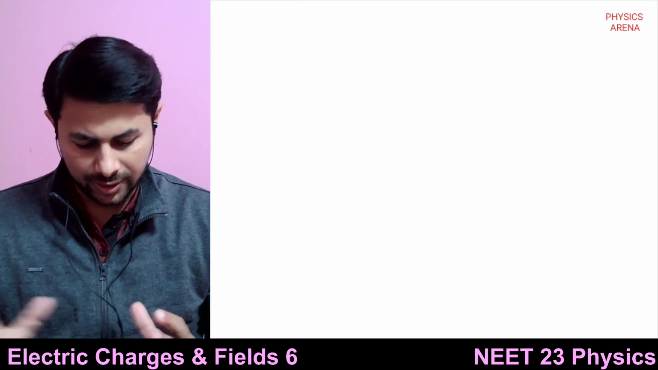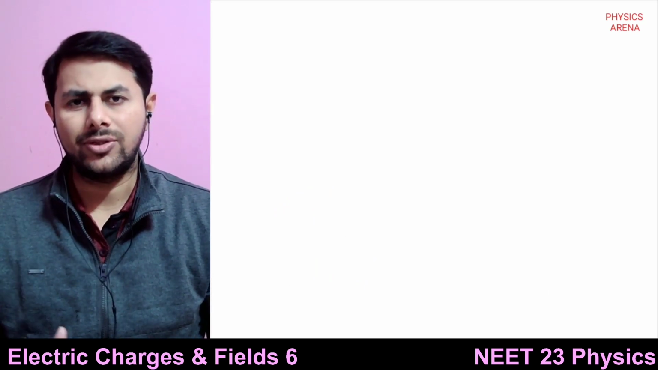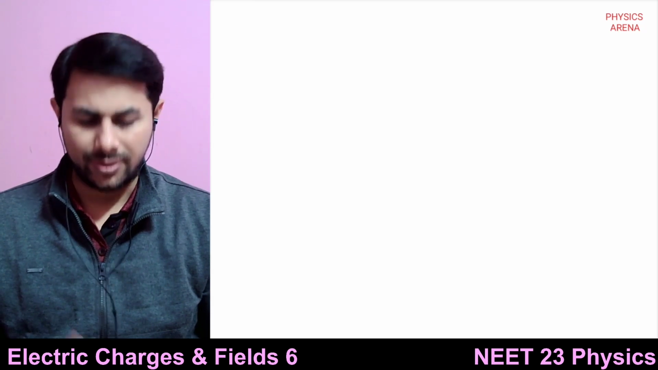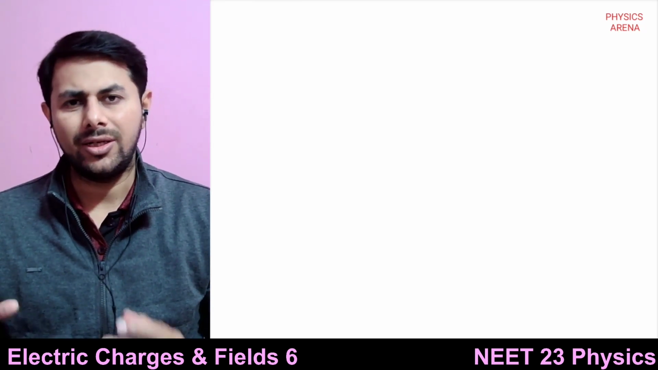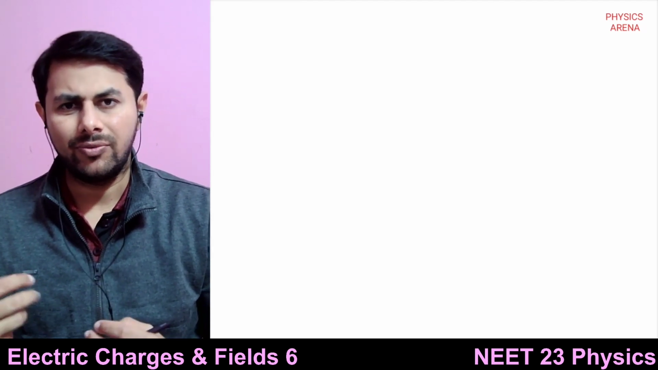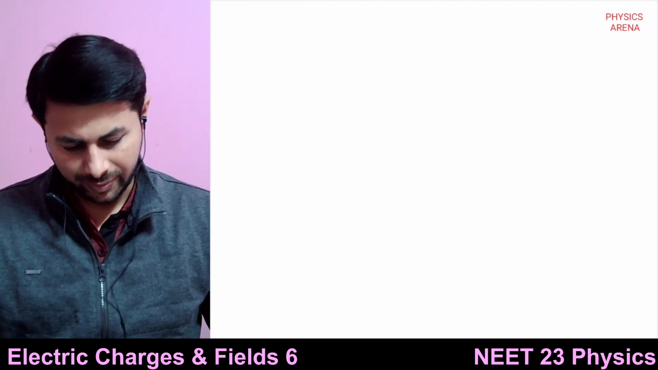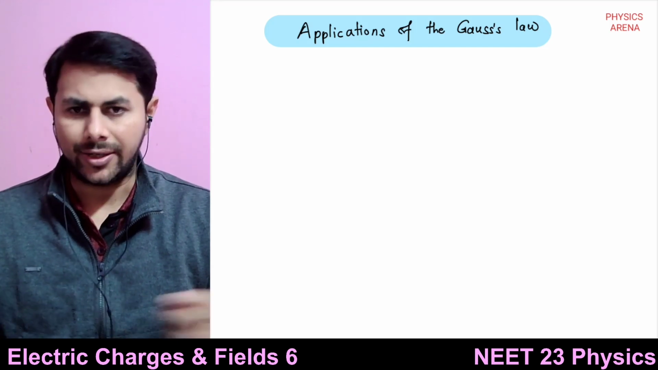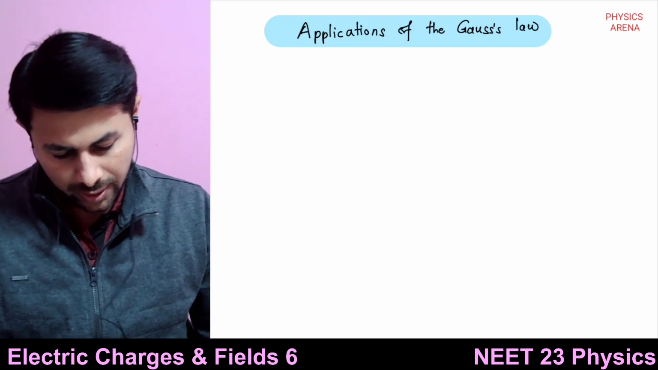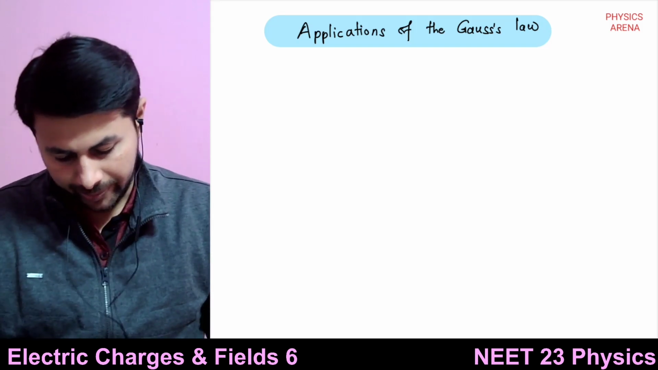Yesterday we discussed Gauss's law. Now we are going to see some applications of Gauss's law. So what are the applications of Gauss's law? To find out the electric fields due to various objects. Let us find out the electric field due to a wire. So let's see the first application,